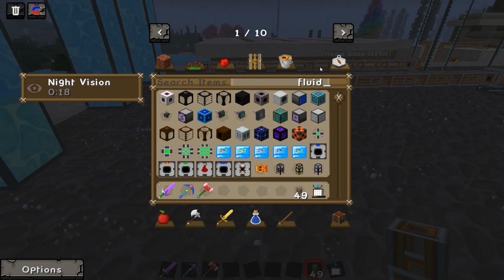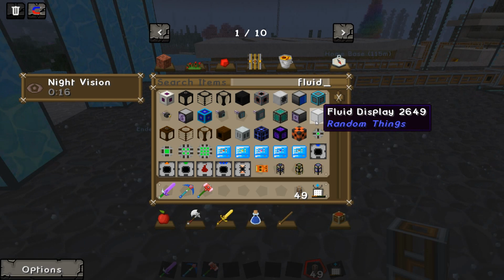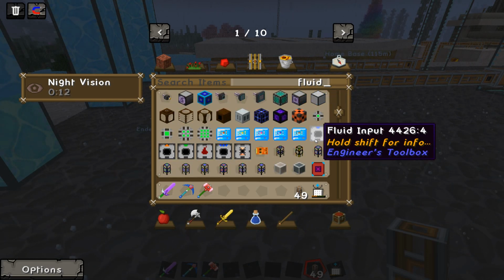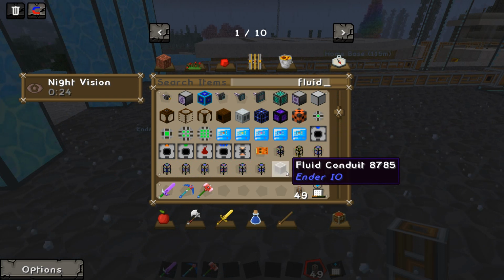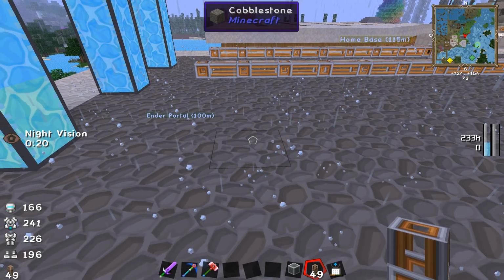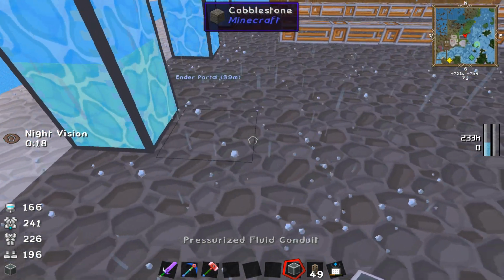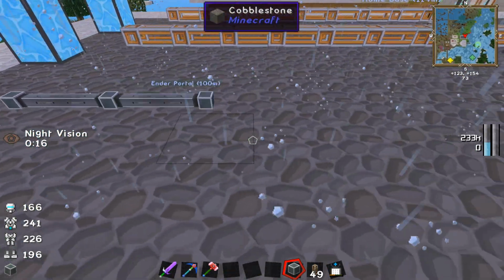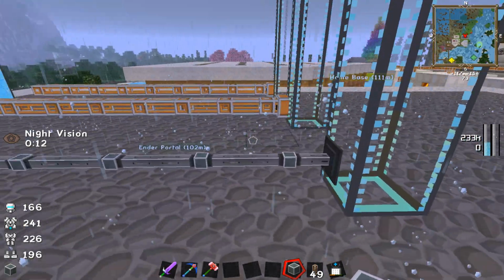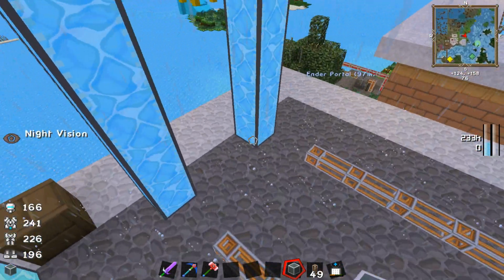Now, what does that look like? Pressurized Fluid Conduit, I think, is this. That's a fluid display. There it is. Fluid Conduit, Pressurized Fluid Conduit. All right. So let's put up some Pressurized Fluid Conduit, and we'll see which of these three guys...